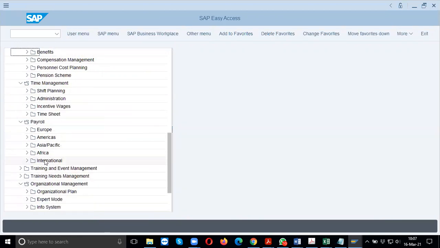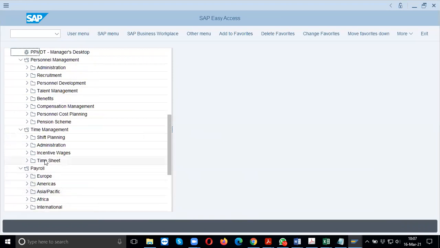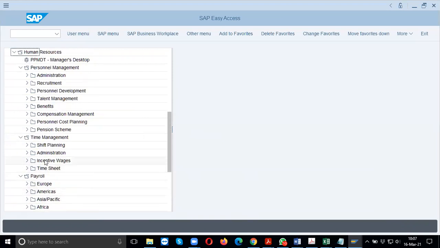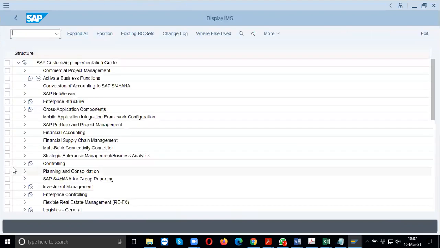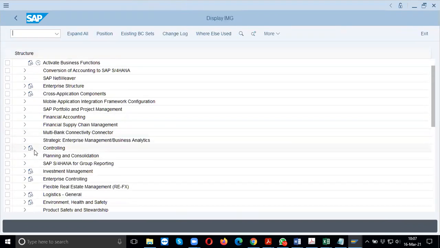Sometimes it looks more straightforward, right? But configuration is easy in Employee Central SuccessFactors. Here there are a lot of transactions involved. Suppose you start with human resources, you will start preparing the company details.